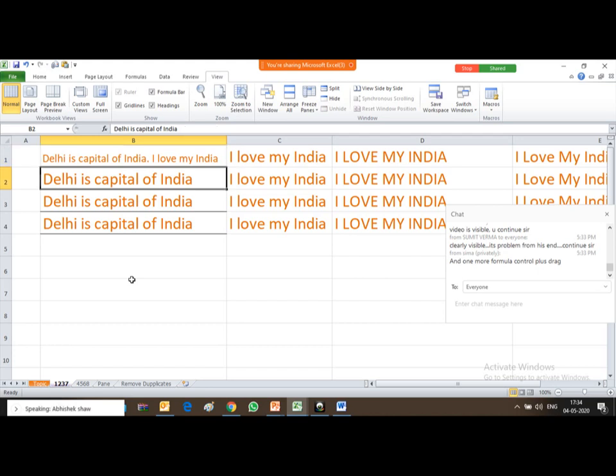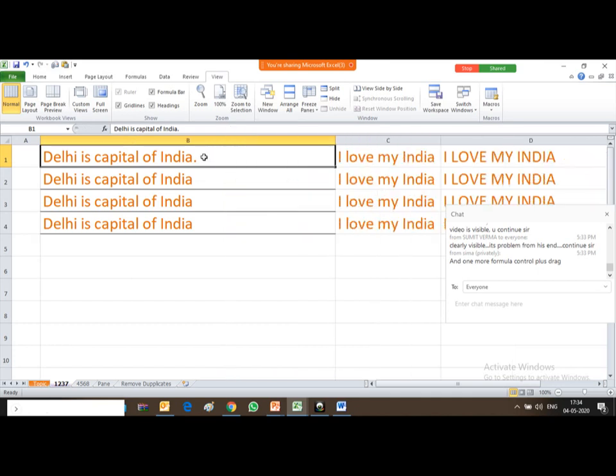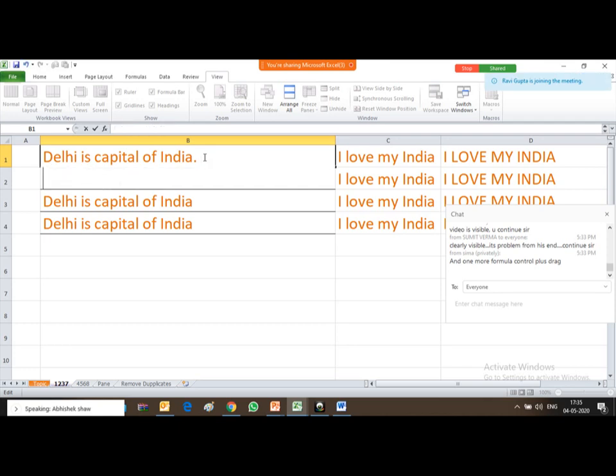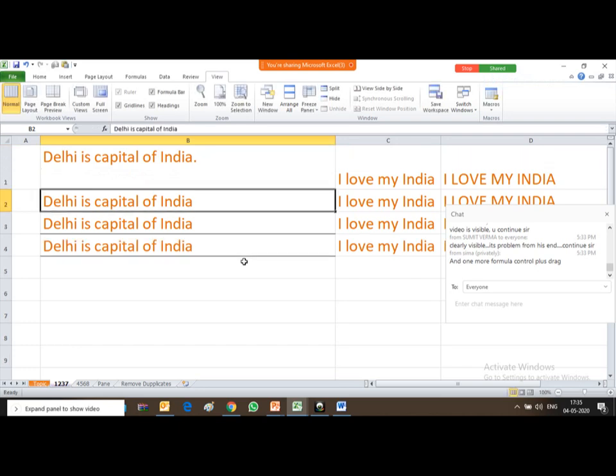So how can you do this? By pressing F2, you can enter into the cell. Let me just make it a bigger cell. So by pressing F2, I have entered into the cell, right? Now, if you want to go to the next line within the cell, what function do you have to use? You have to use Alt Enter, friends. Alt button and Enter button.